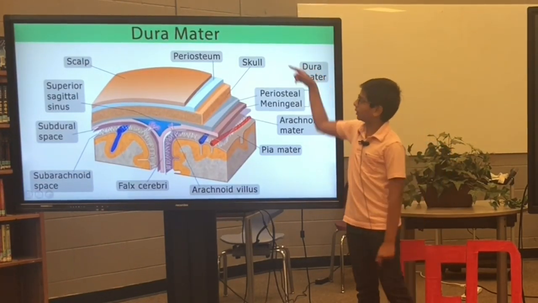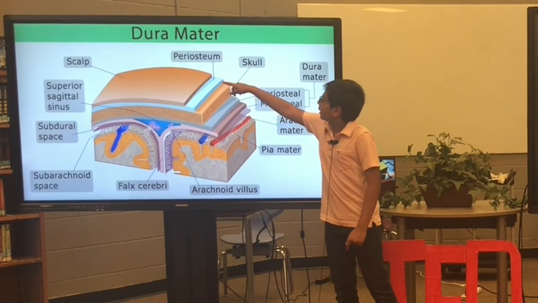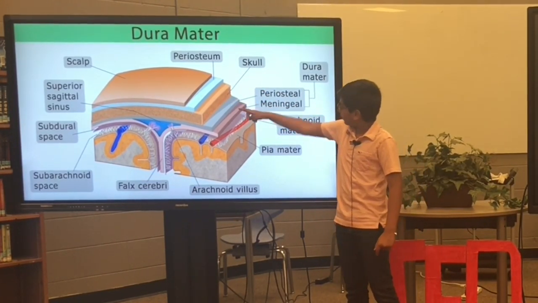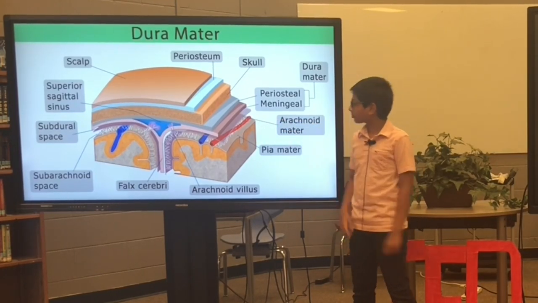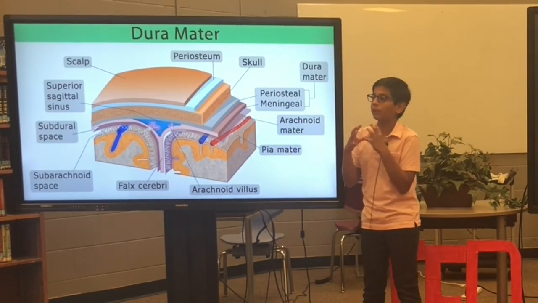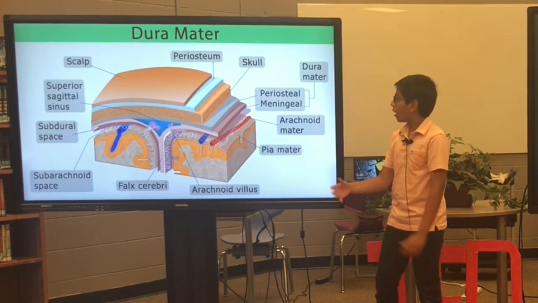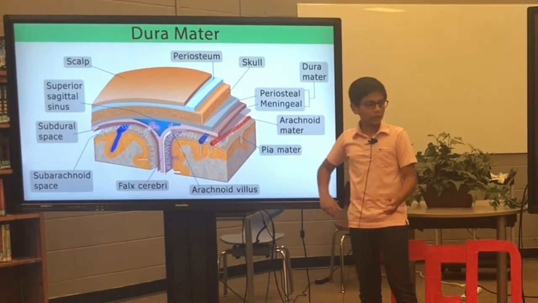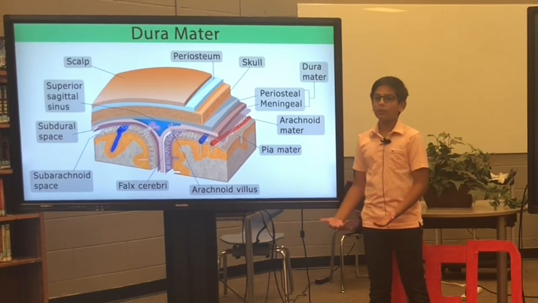Let's look at a durometer. Here's the scalp. Here's the skull. Here's this tissue right here. Here's the tissue again. Here's a softer bit of tissue, and here's a very soft layer. If you looked at it, the brain is very compact. So if your hand were to swell, it would get bigger. But what if your brain needs to swell? It can't, because it would just be pushing against the skull and all these layers right here. That can damage brain tissue and neurons.